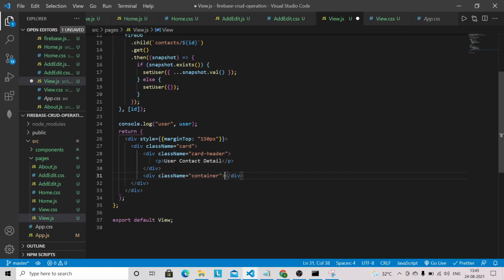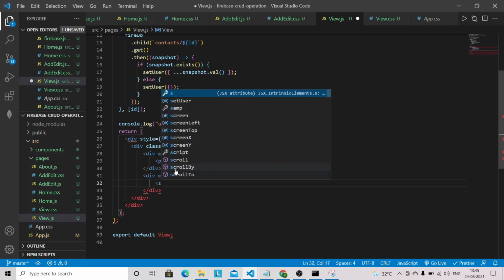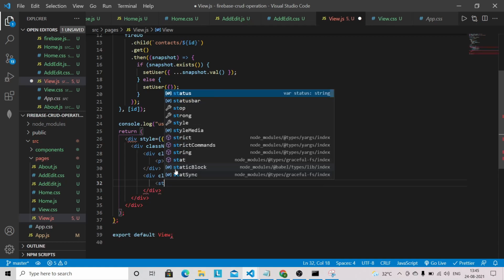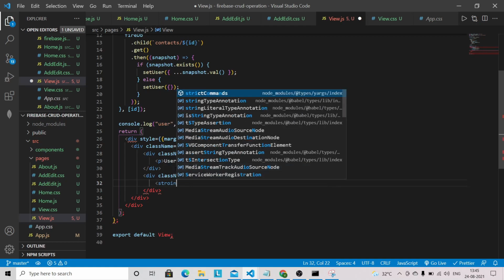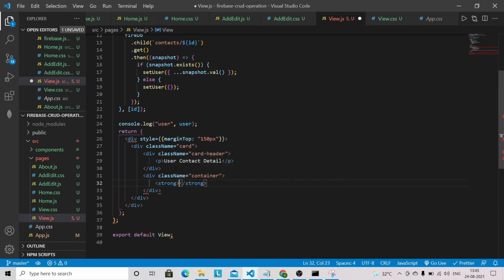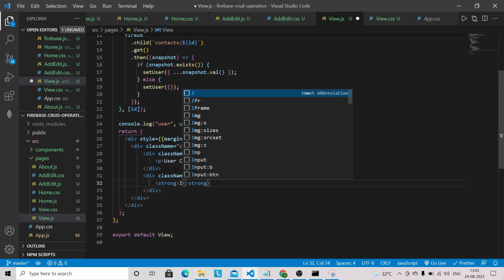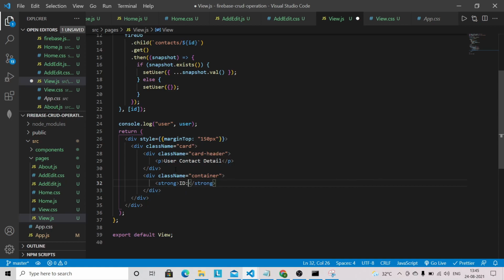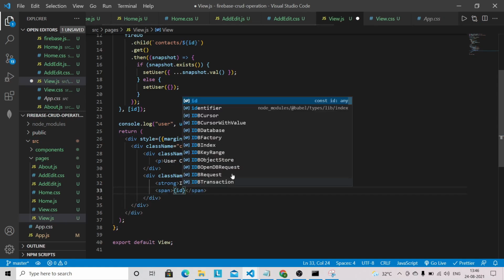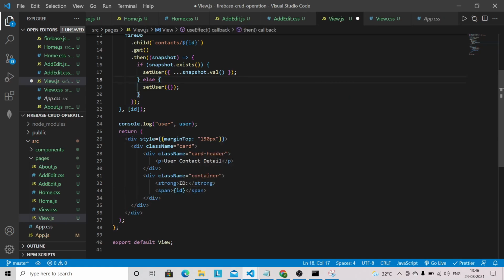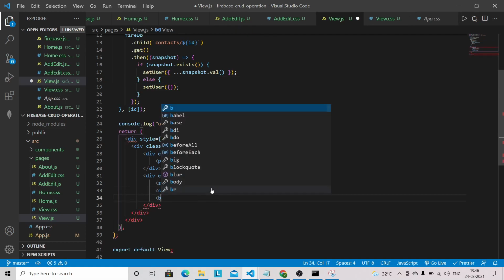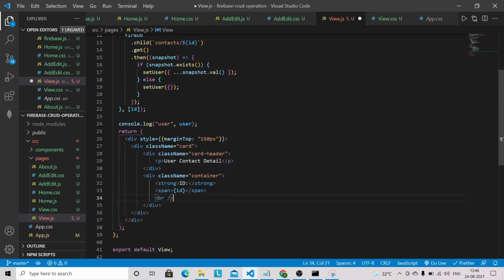Okay, we are going to have one strong tag here. So the strong tag I'm going to use, and it will have the ID, and we are going to use a span tag here, and we are going to specify the ID, and I will have a break here. So I'm just going to provide the break,